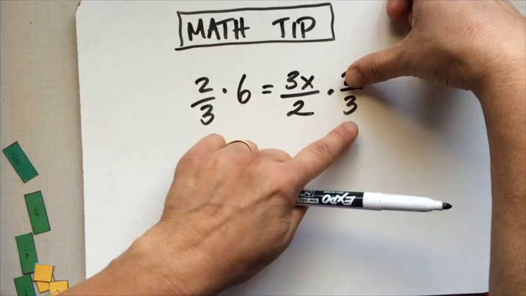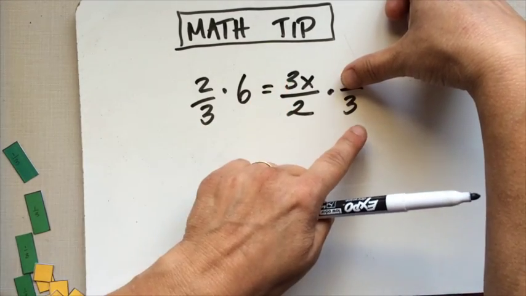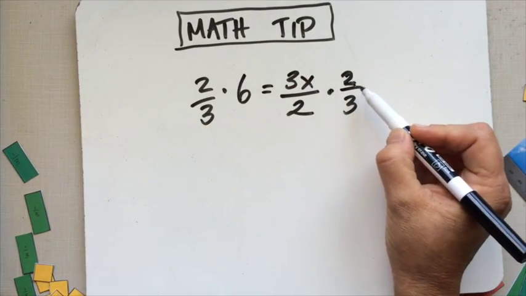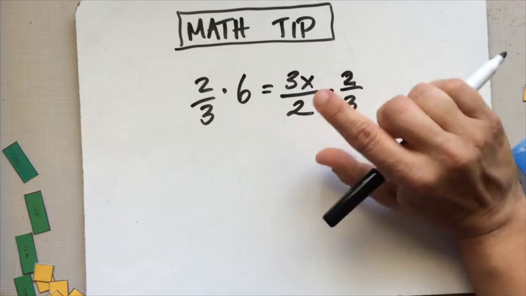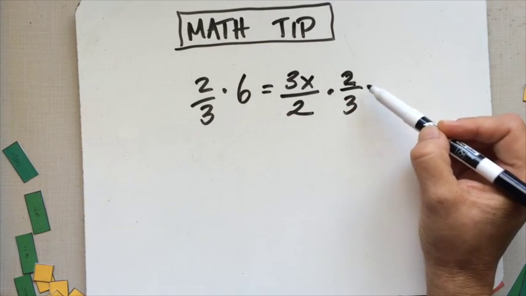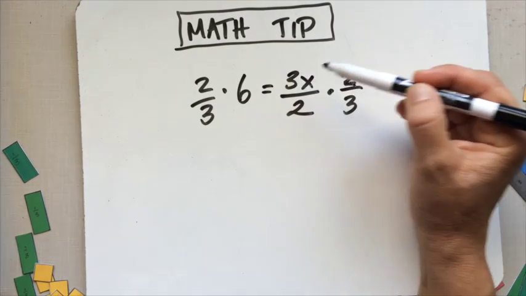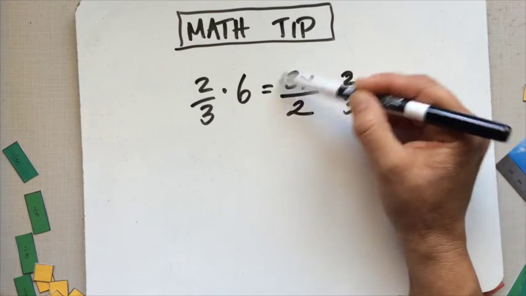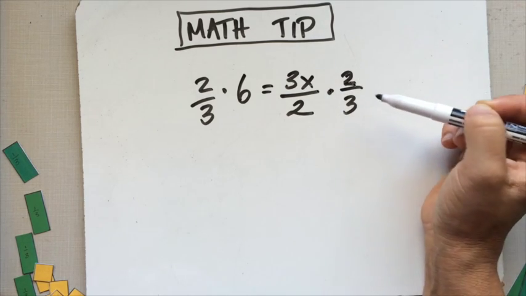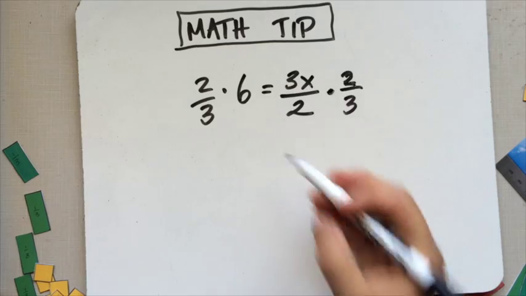Well, that's the inverse of multiplying by 3. Dividing by 3 is the inverse of multiplying by 3. So when your teacher tells you, oh, you should just multiply by the inverse of the fraction, she's saying in 1 step, you can divide this expression by 3 and multiply this expression by 2 by multiplying by the fraction